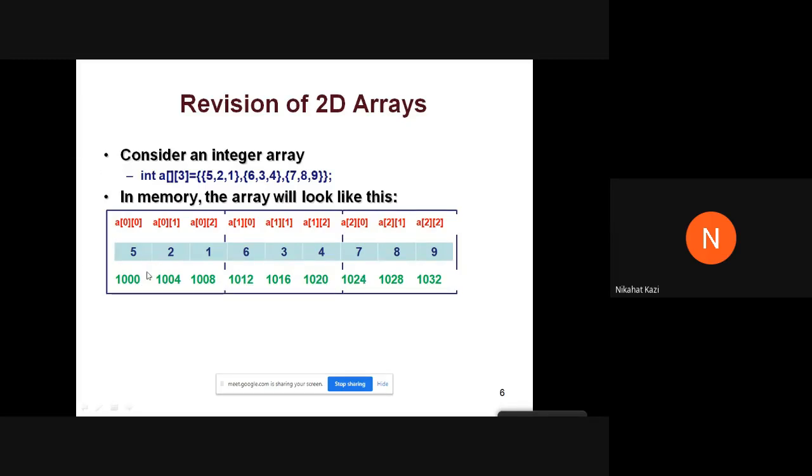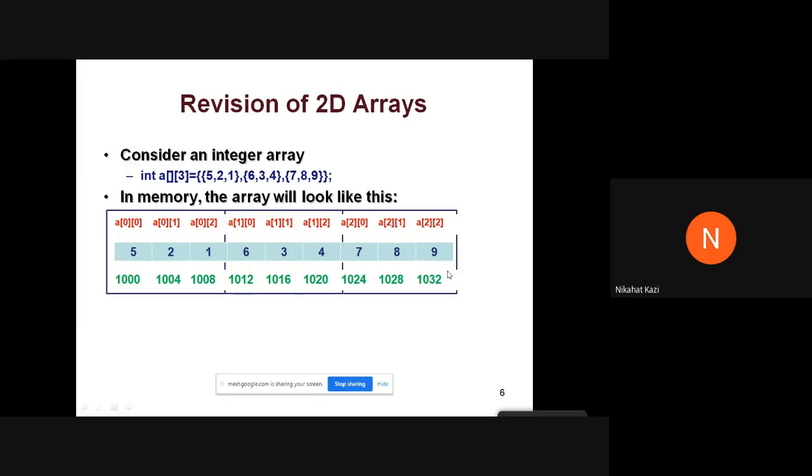So you should remember this. You should revise this by now. Revise and remember that memory stores the rows of the array one after the other. So in row major order, it is saved in memory, because memory is contiguous.